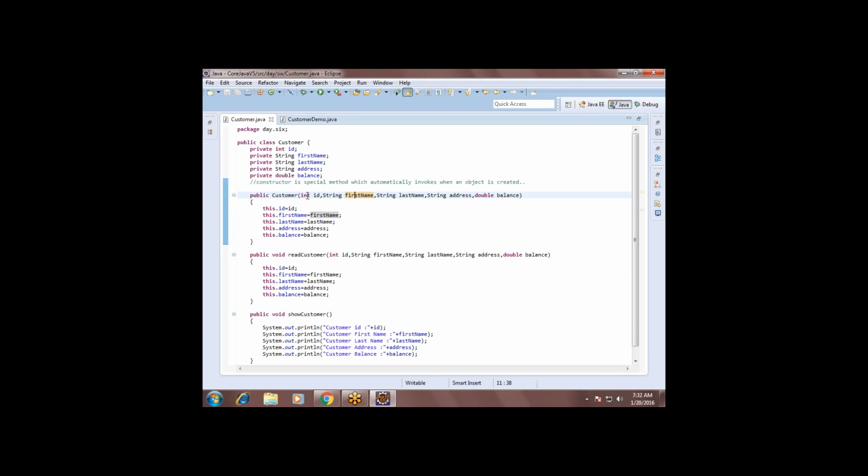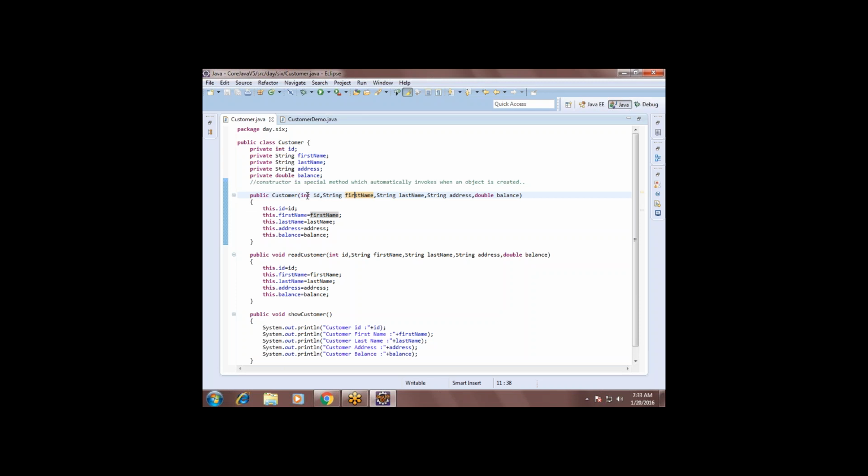So do you find the difference between constructor and normal method now? Any issues? Is it clear? See, the same thing we can do with the method also, no problem. But unnecessarily we need to repeat one more statement.